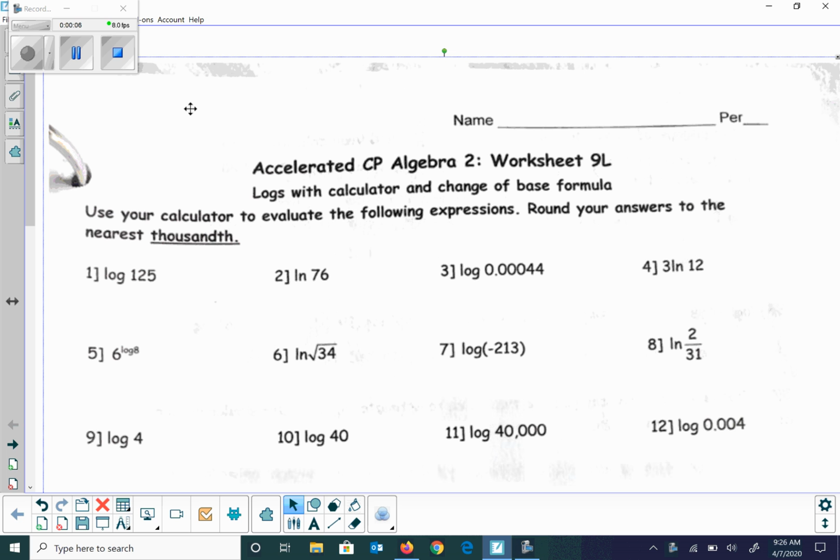I'm going to work out all the problems. Most of these are done with a graphing calculator, so if you have one, do it. I'm sorry, I don't have the emulator on my screen, so I'll just talk through the keys I'm hitting. So first one, you just hit log 125,